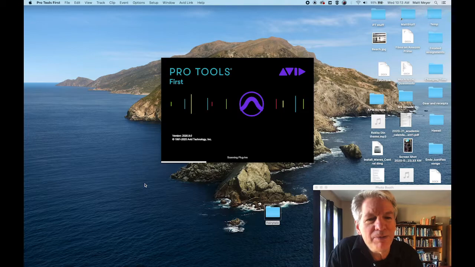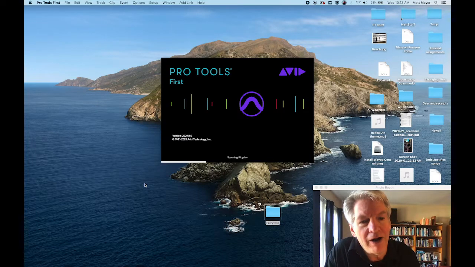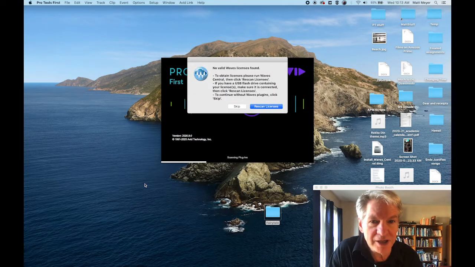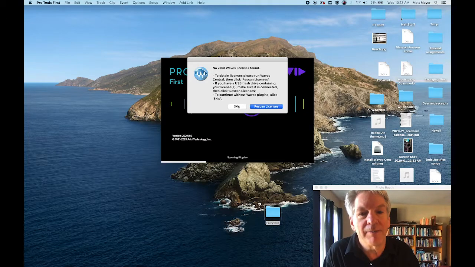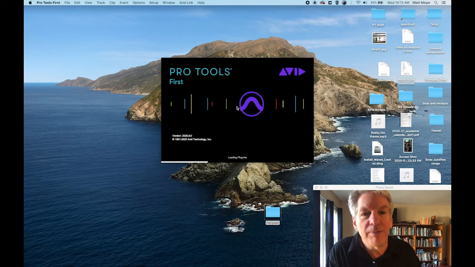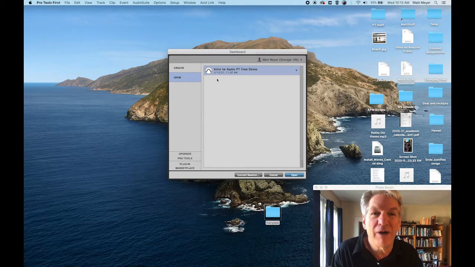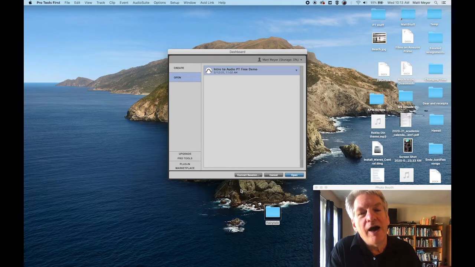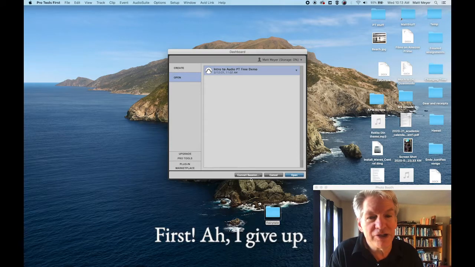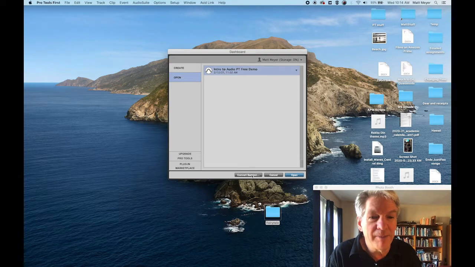The things that seem to be messing most people up are getting Pro Tools to talk nicely with your sound card. The place to go if that happens to you is in the setup, and then go to hardware or playback engine. Okay, so the first step is to bring this session, which is the full-fledged Pro Tools, into a Pro Tools Free session. So to do that, we'll go to Convert Session down here at the bottom